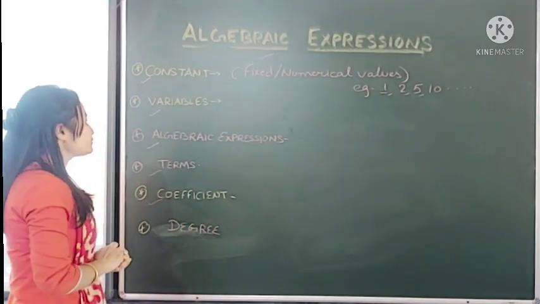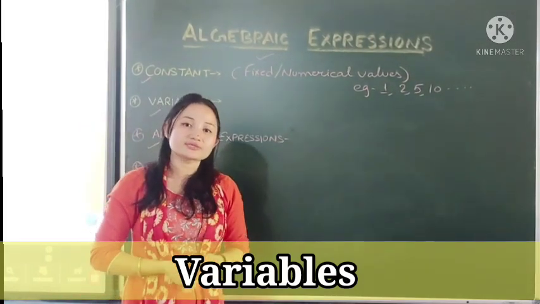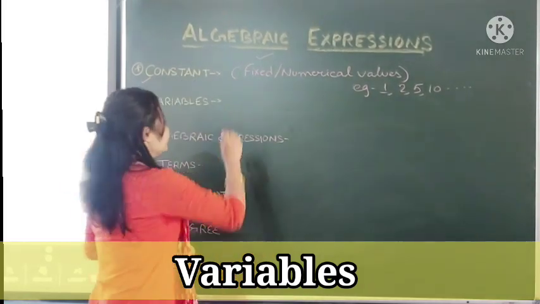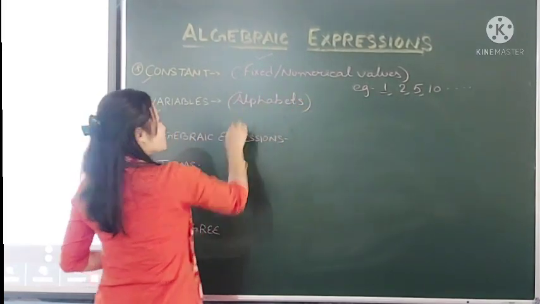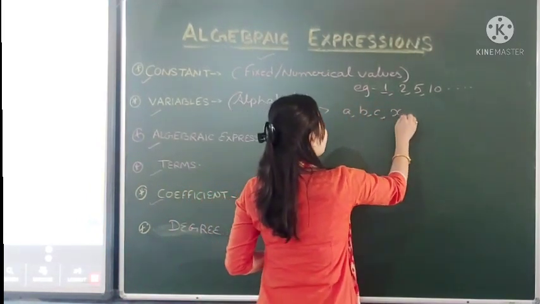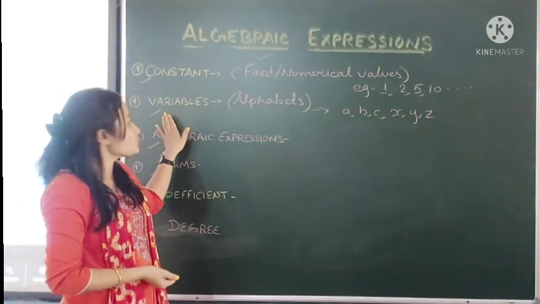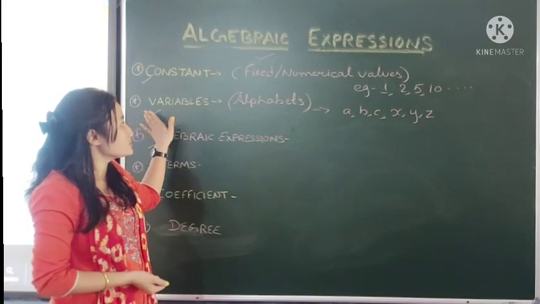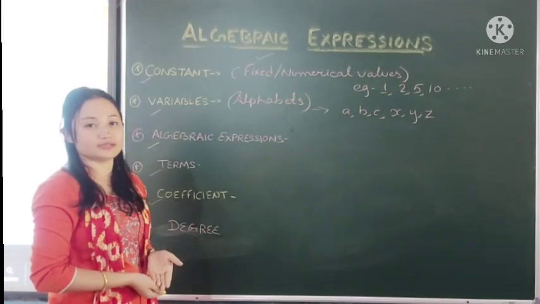Okay. So in the same way, the second one is variables. So what does variable mean? Variable means values which keep on changing, or in simple language we can also connect it to alphabets. So if you get in any expression A, B, C or X, Y, Z, we can say that term is a variable. So I hope, dear students, these two concepts, constant and variable, are clear. Constant is numerical values and variable is alphabetical values, right?